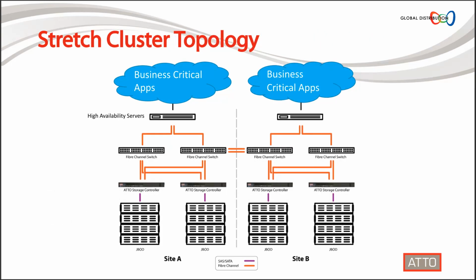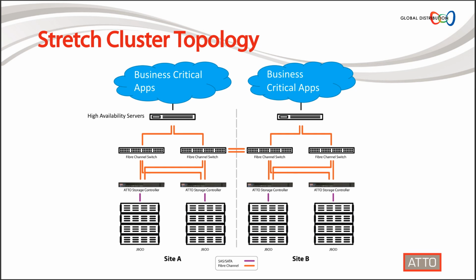Looking at how this might be designed, you can see in this diagram, Site A and Site B look virtually identical to one another. The dotted line down the center represents an undetermined amount of distance. So when you're utilizing fiber channel, you can go many kilometers, hundreds of kilometers. So this could be something where you had it in 2 different metropolitan areas. You could have it in 2 different sides of the same metropolitan area. You could have Site A in some sort of downtown area and Site B in some sort of rural backup